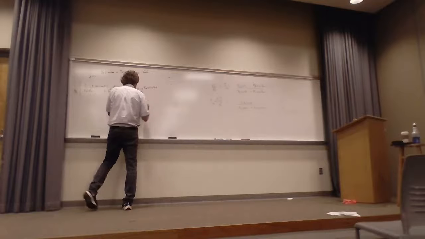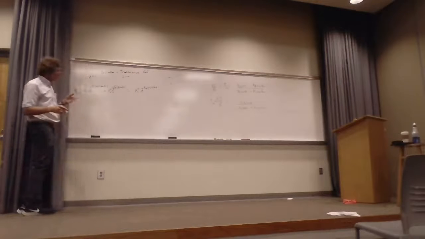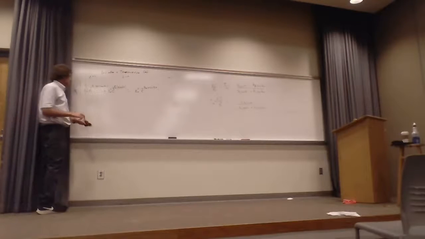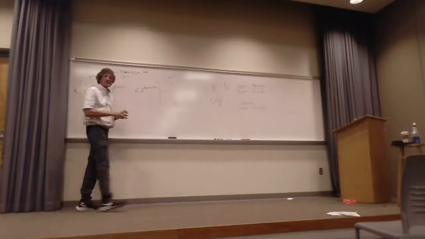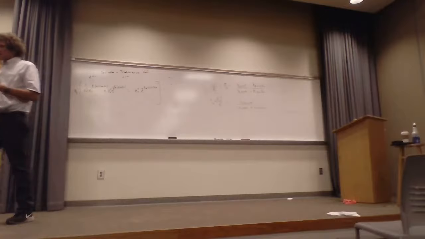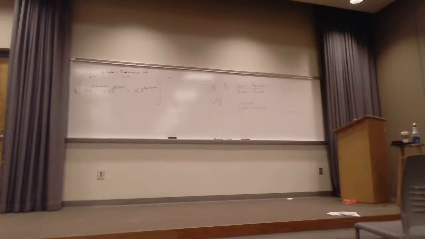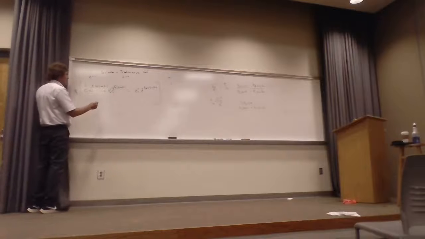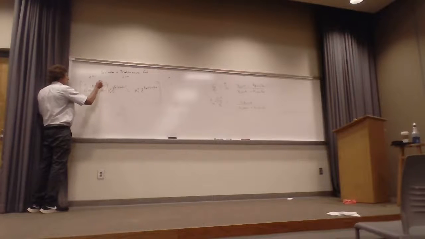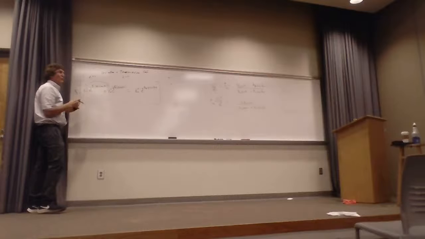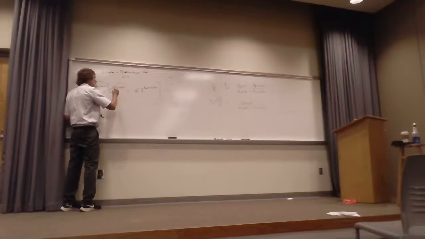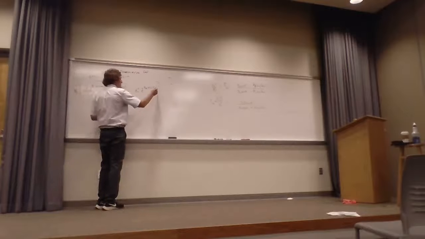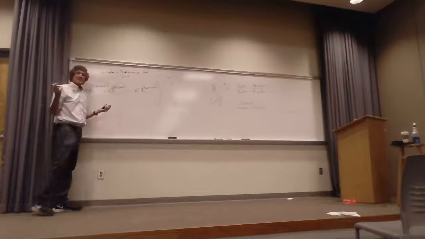That has to be true everywhere for all values of x, right? I mean, that's just from the tangential field condition. E tan 1 is E tan 2. Now, the only way that's going to be true for all values of x is if this quantity always has the same phase as this quantity, and always has the same phase as this quantity. Otherwise,